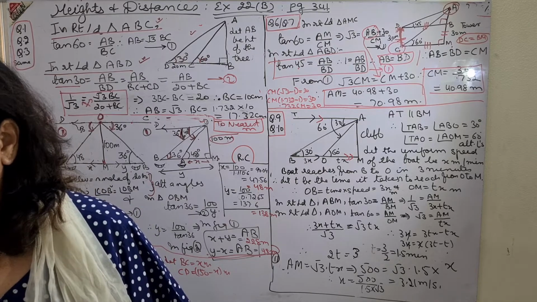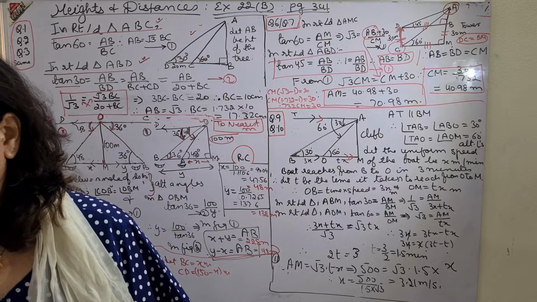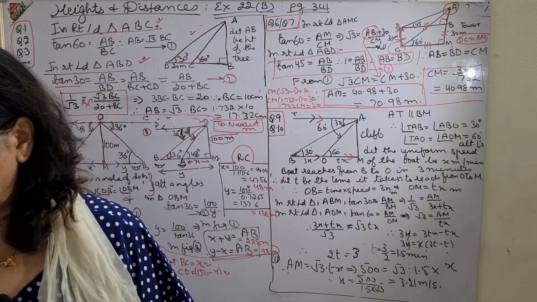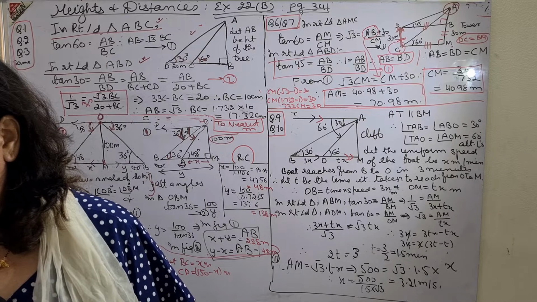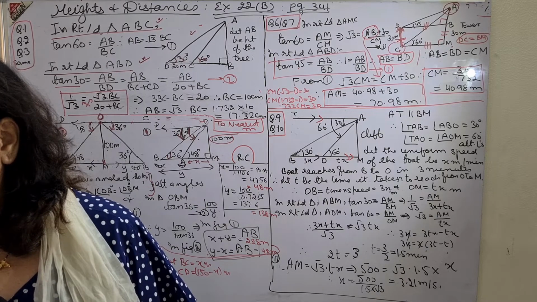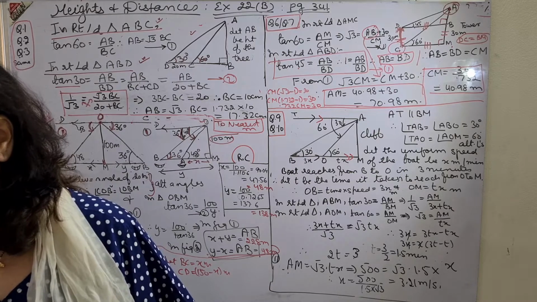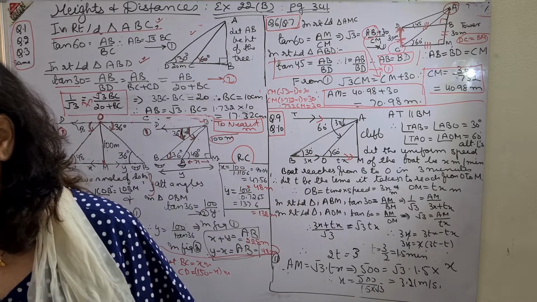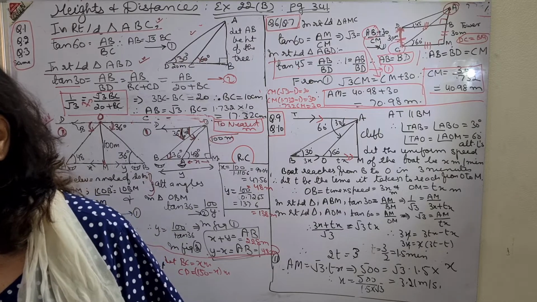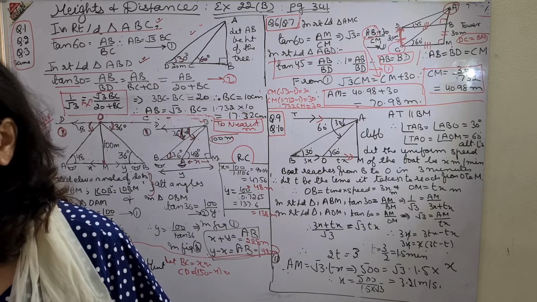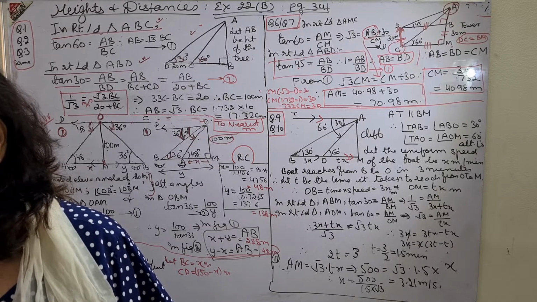Now, question number 9. A man on a cliff observes a boat at an angle of depression of 30 degrees, which is sailing towards the shore to the point immediately beneath him. Three minutes later, the angle of depression of the boat is found to be 60 degrees. Assuming that the boat sails at a uniform speed, please underline this, boat sails at a uniform speed, and 3 minutes later, both points to be underlined.